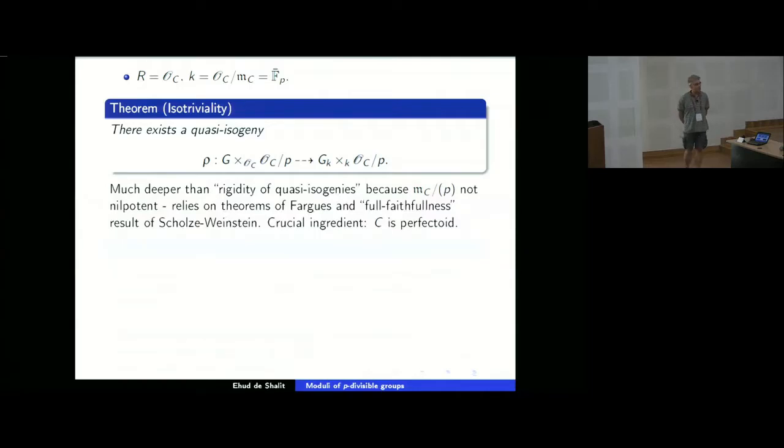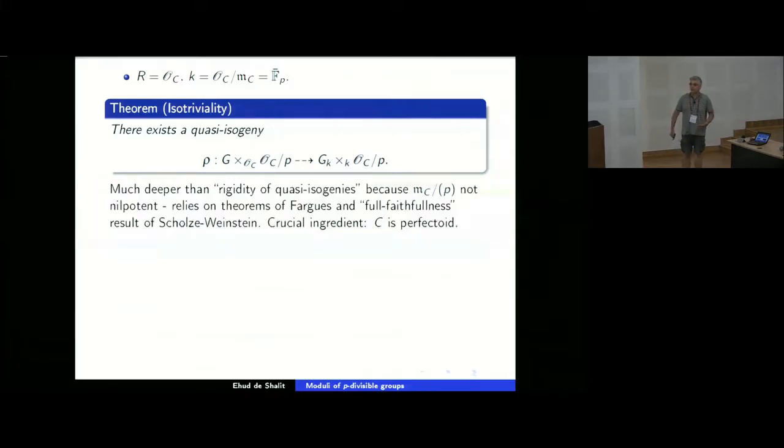And actually, if anybody knows of a simple proof of this, I have the feeling that there should be a simpler proof of this theorem than there is today in the literature. But if anybody knows, I'll be very much interested. So superficially, it looks a little bit like the theorem that we mentioned yesterday, the rigidity of quasi-isogenies, in the sense that,